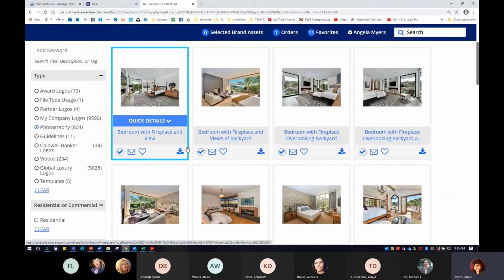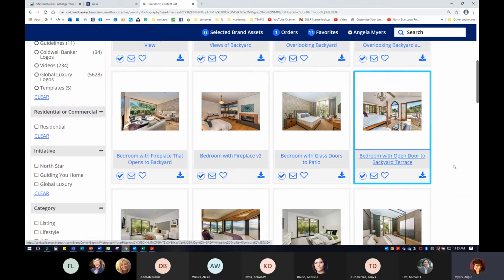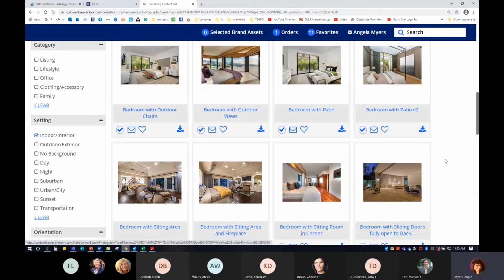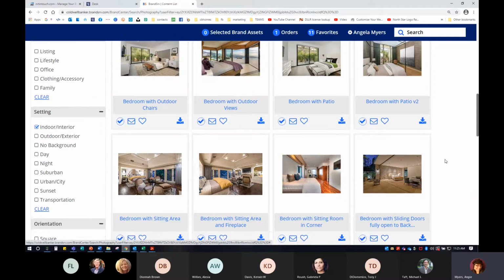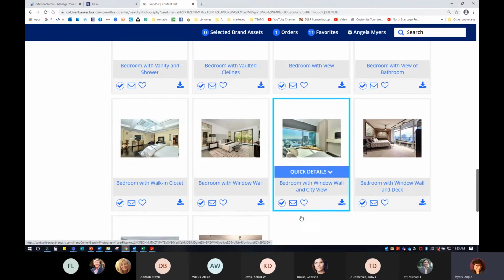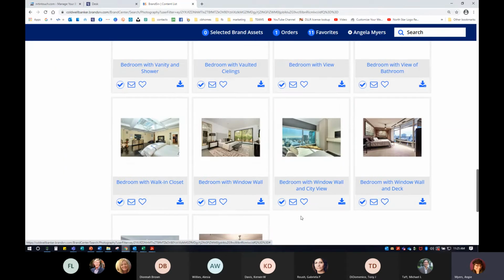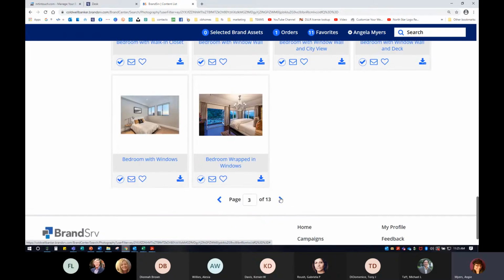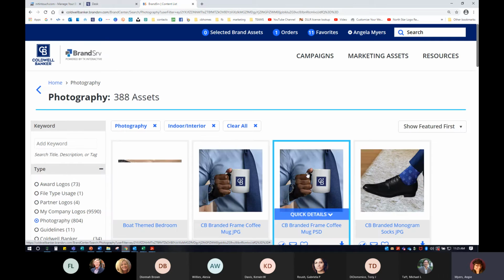And I can add that to my Agent in Touch website. So for those of you that have gone through the website wizard and know what I'm talking about, you can go in and add any of these photos to the backdrop of your entire website. If you're not sure what I'm talking about, please reach out to your field marketing specialist. We can always help you do that. And again, these photos are free for us to use because we are Coldwell Banker agents. And it makes it very easy to personalize